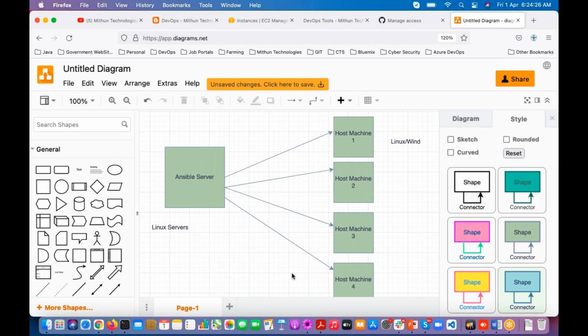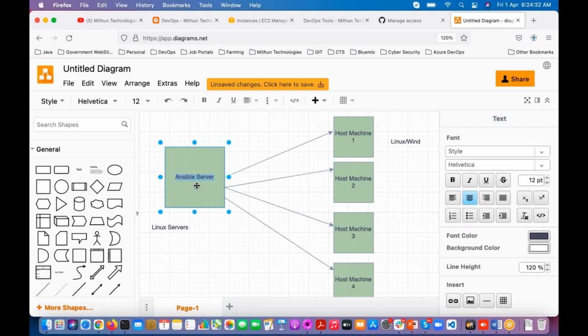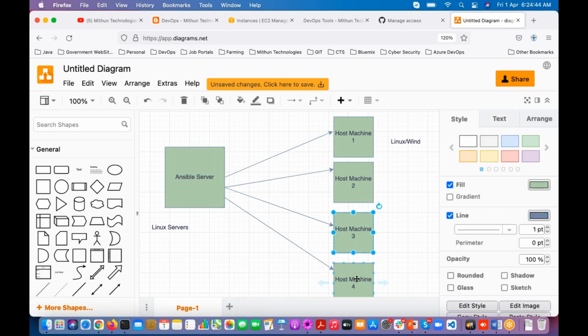Okay. So now we'll discuss the difference between Ansible server and Chef. See, Ansible is going to work agentless. Means in the host machines, you don't have to install any agents. What do you mean by agent?